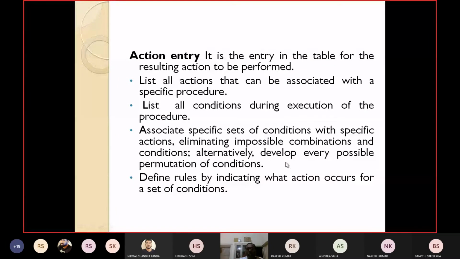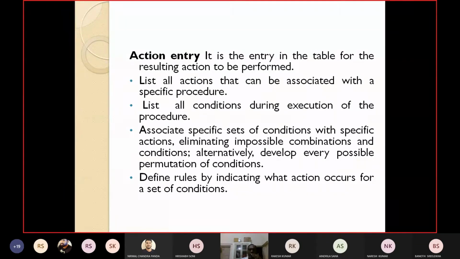Alternatively, you have to develop every possible permutation of combinations. Evaluate how many such combinations you can form. First you form them, then out of those possible combinations, what are not possible, you just remove.